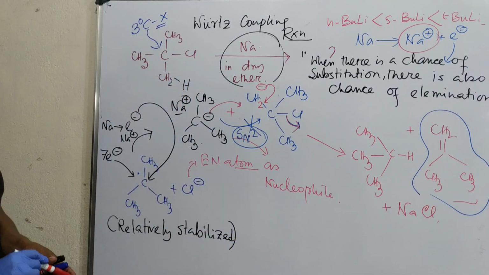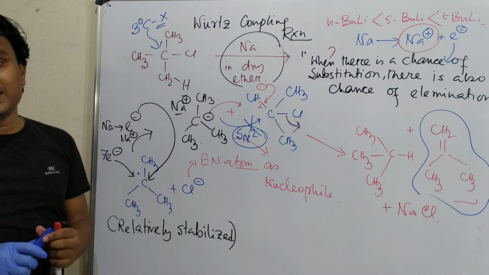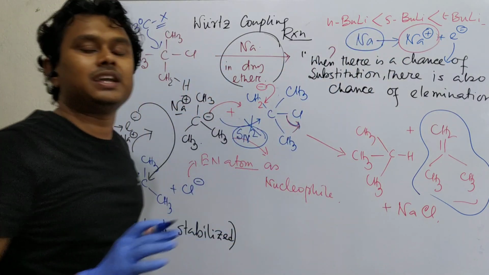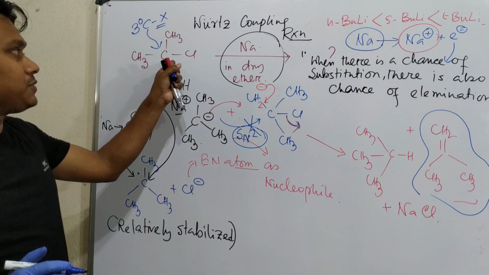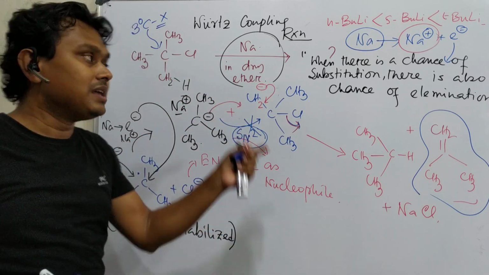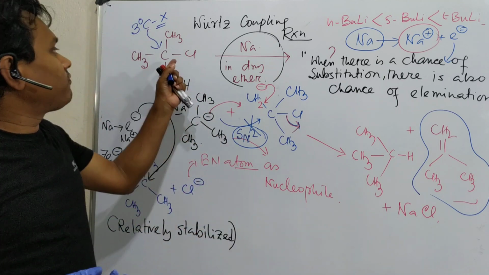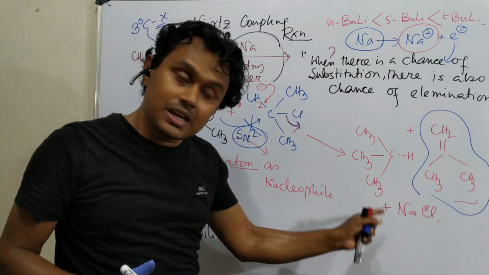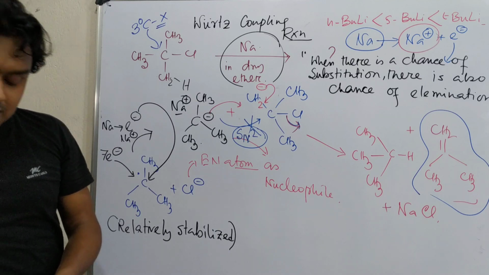So fine. Now if such a question comes in your exam, how to do it? First of all, you need to keep one thing in mind, that metals are always reducing agents and they reduce alkyl halide to the corresponding alkane, but through a radical. In this case, if a radical is produced, radical coupling is not possible because of bulkiness. So only one option is left, that it will take an electron, become a carbanion and act as a base to perform the reaction. So at a tertiary center substitution is not possible, elimination. Is there any elimination given? Yes, there was elimination given, third option, this one. So this will be the product. Okay, so this is the overall discussion.